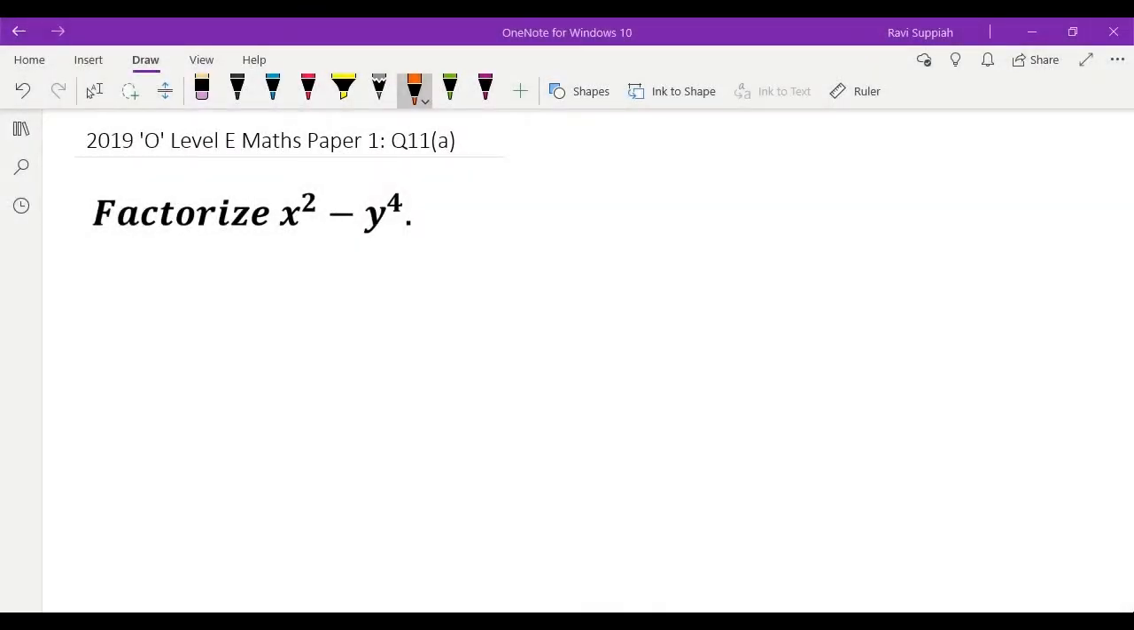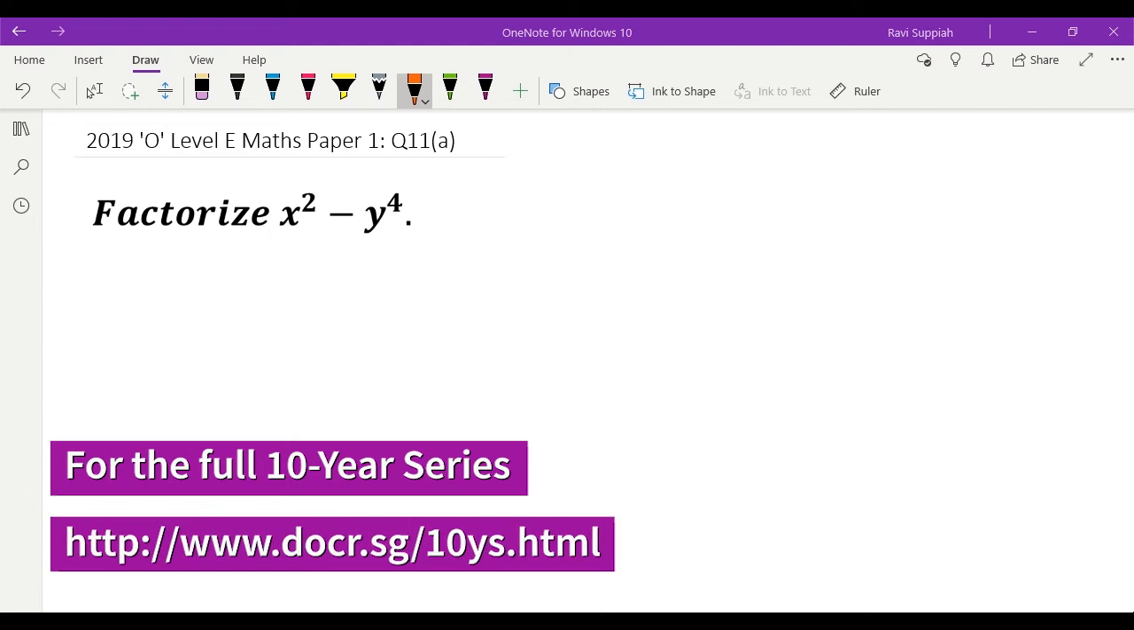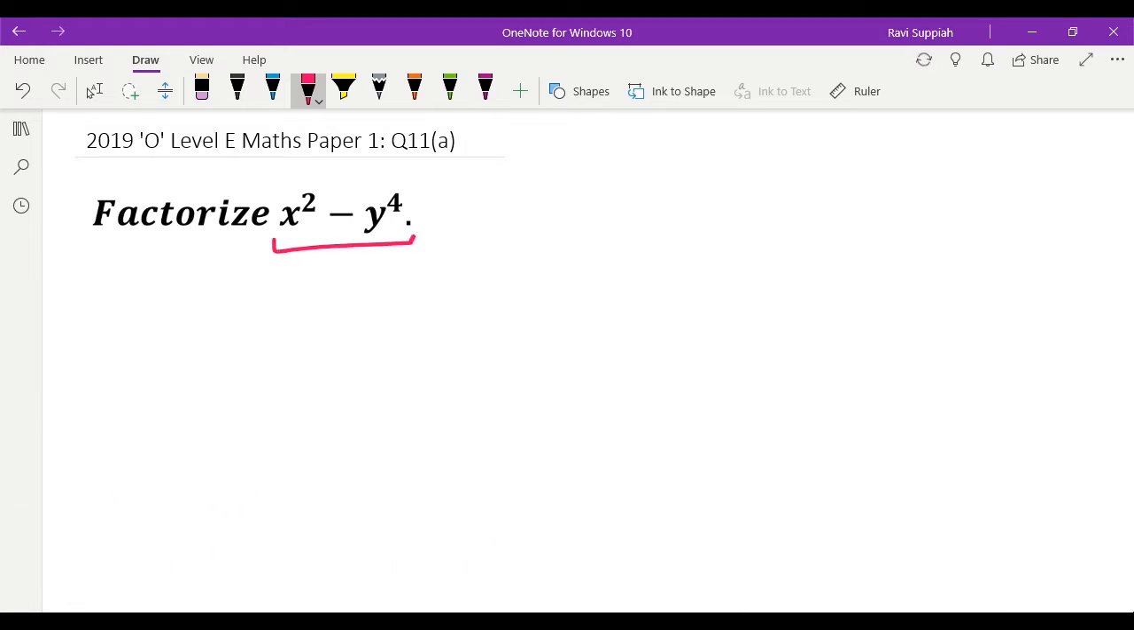Let's look at this 2019 O-Level E-Maths paper 1, question 11. In this question, we are asked to factorize this expression, x squared minus y to the 4. Whenever you have only two terms in the question, one of the rules that you should try to immediately relate it to is this rule that says a squared minus b squared is equal to (a plus b)(a